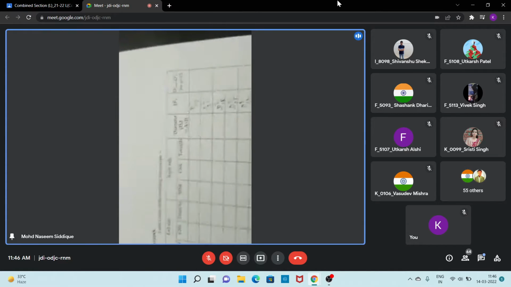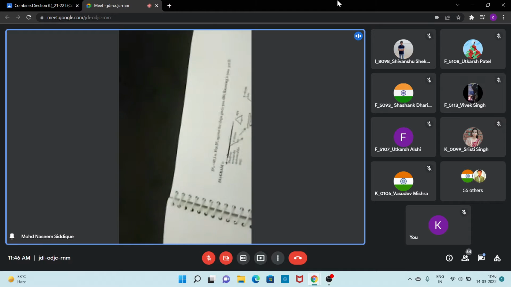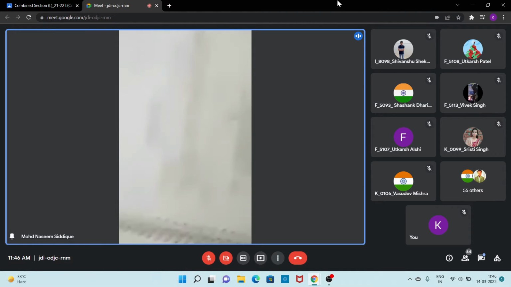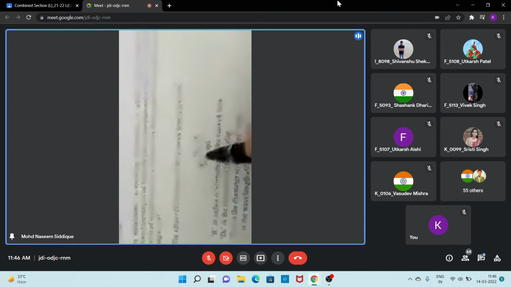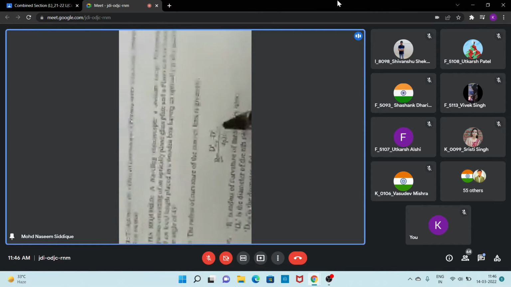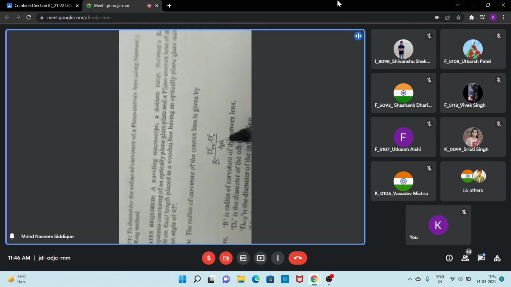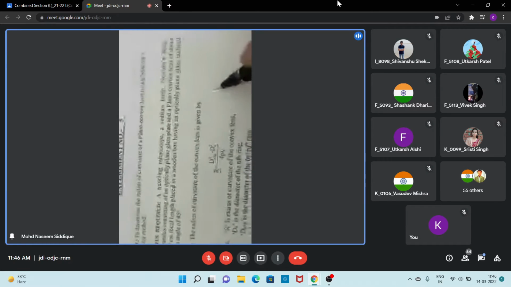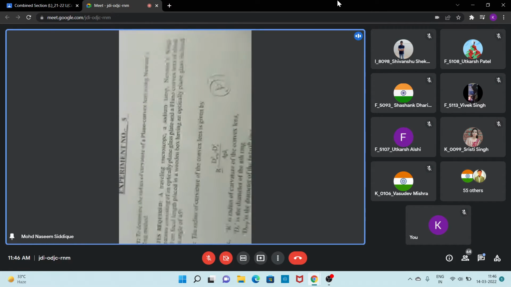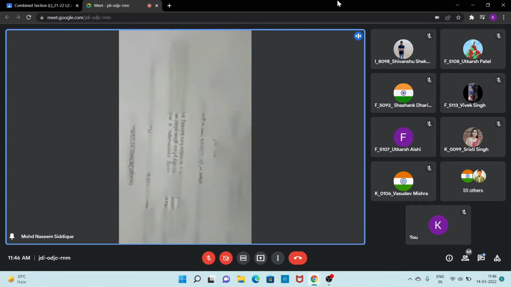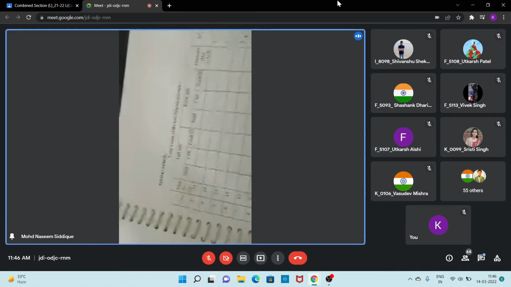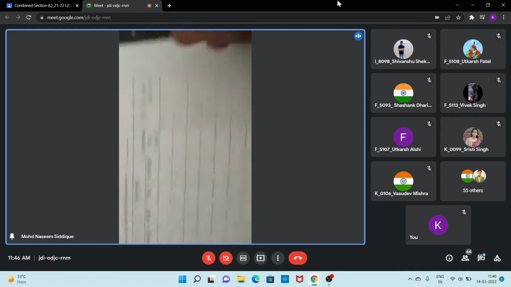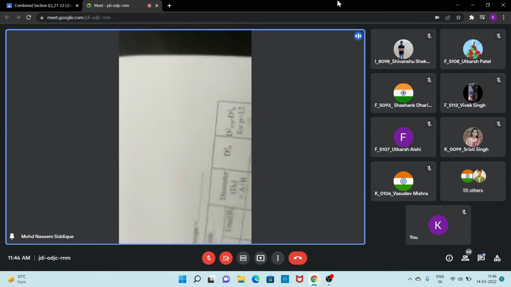Now our formula is, whatever formula we are using, you just see. The radius of curvature will be given by D square n plus p minus D square n upon 4p lambda. P is the number of divisions, and this is up to our choice, how much difference we are considering. So suppose we are considering 12, okay, here this is mentioned. Suppose that we are taking p equal to 12.